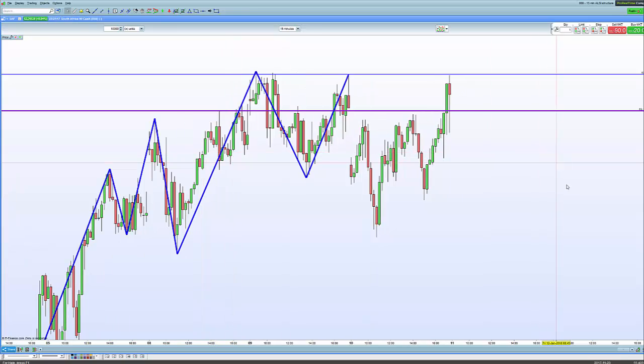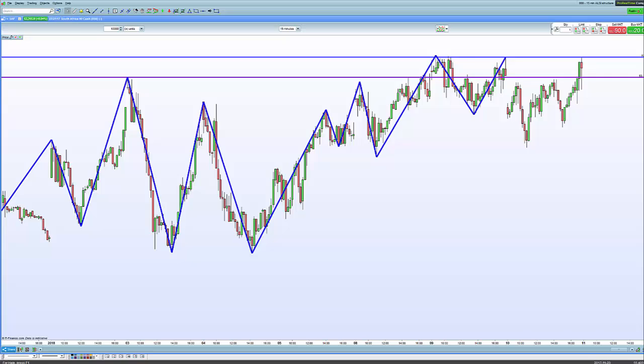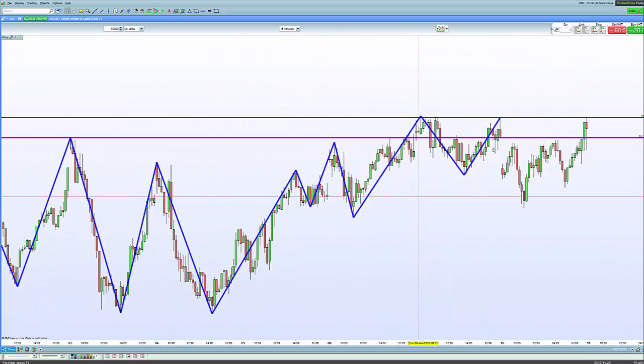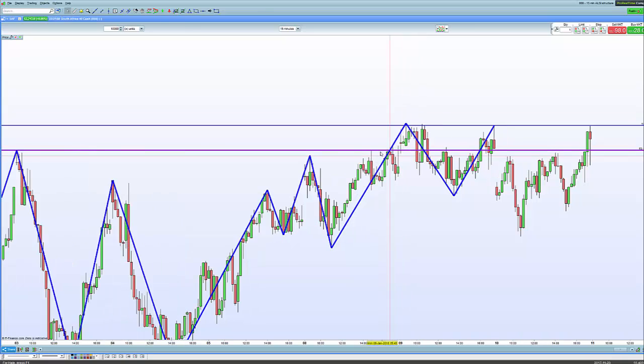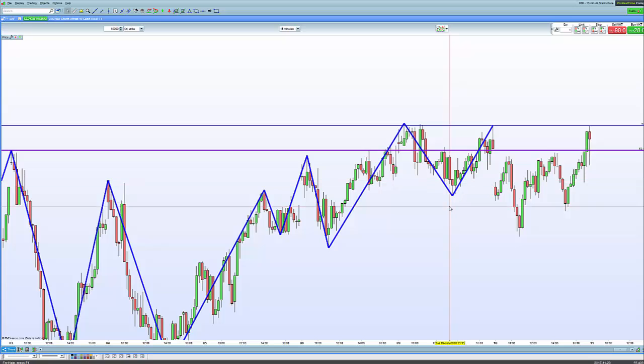But as you can see over the past few days, what's really been happening is, I think in our last video, we spoke about this range that the market had printed itself into, and we actually saw in yesterday's trading action a breakout to the upside as the market pushed to the upside, put in the higher high, higher close. Then it put in a relatively healthy retracement,